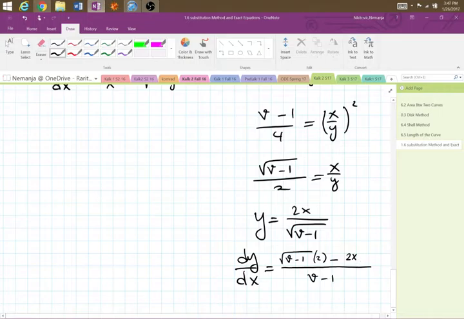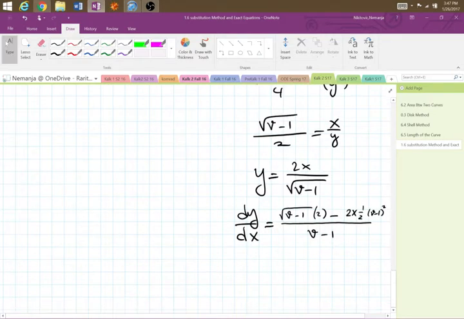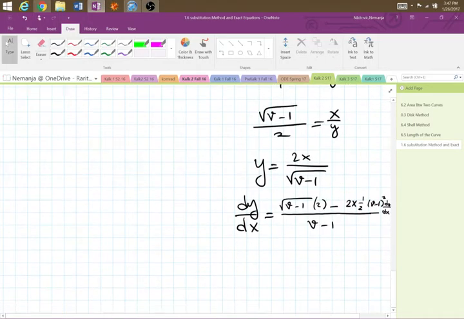What do we have? We have 1/2 times the v minus 1 squared, and then times the derivative of the inside, which is dv. I just don't have room for this. I did not plan it well. There is a dv/dx in the chain rule. So solve the algebra for this and see if we get anything normal, right? The 2.5 dies, and we have dy/dx equal to 2 square root of v minus 1 minus